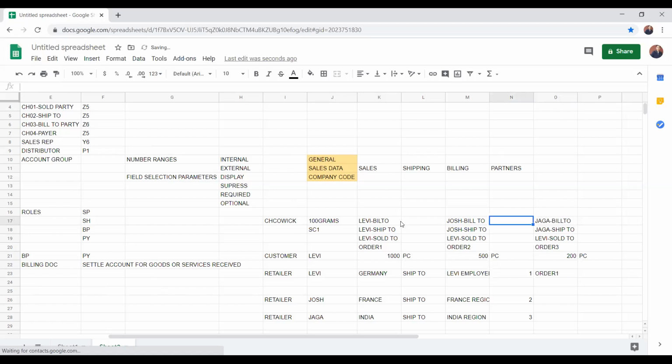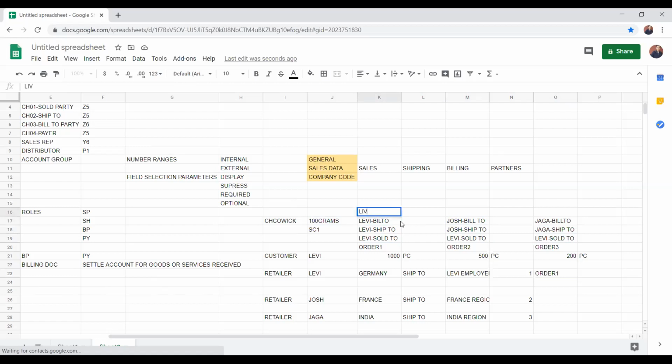So that means multiple ship to parties and multiple bill to parties are there, but for all sold tos and bill tos, only one sold to party is there. That means only one person orders across the locations for his business, but stock will be received by multiple countries at multiple ship to addresses, and bill will be received by multiple locations at multiple addresses.